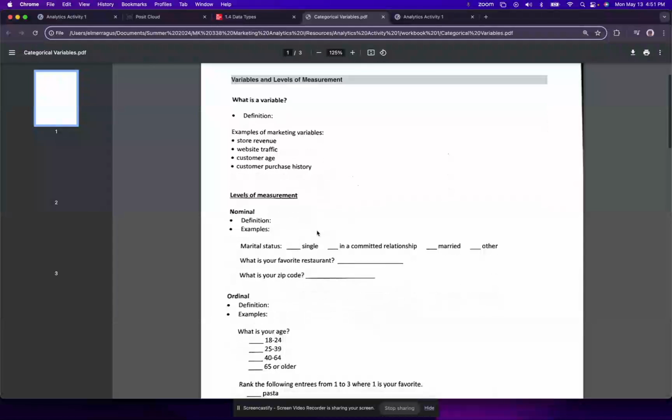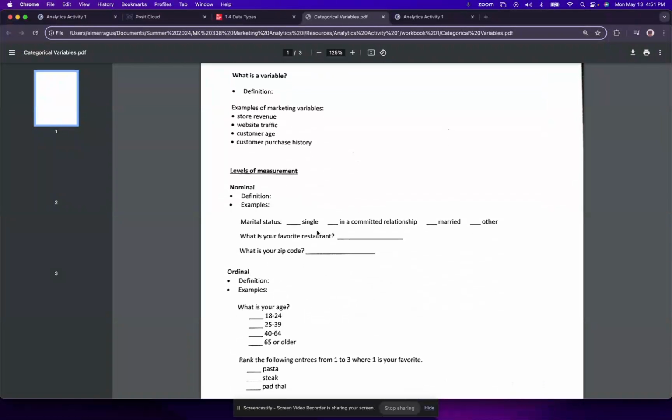So let's do that. Let's start with nominal. Nominal would be variables that put things into categories, and these categories have no order to them. It doesn't matter what order we put them in. It's just that they're in categories. So examples you see here are marital status. You could be single, in a committed relationship, married, or other.